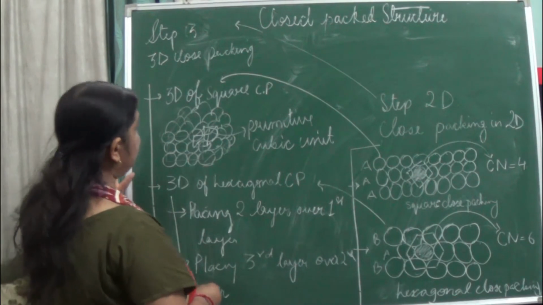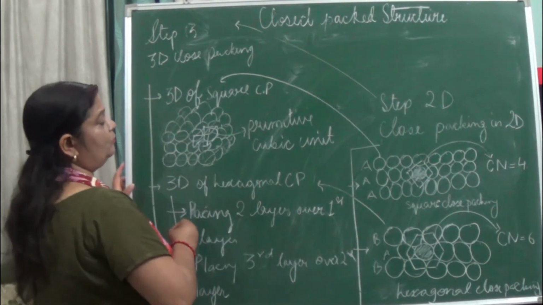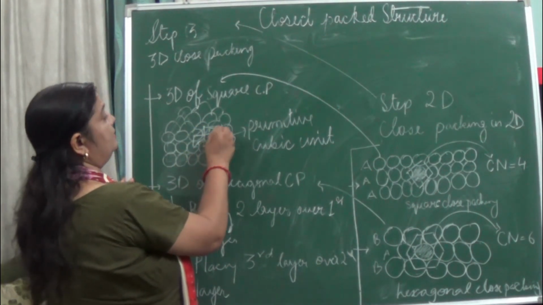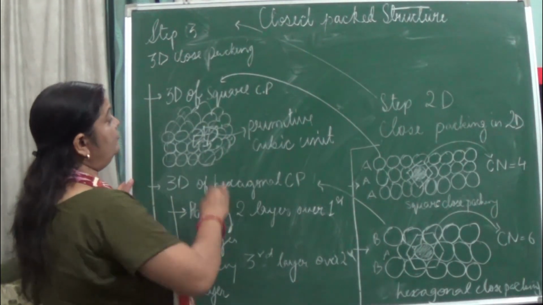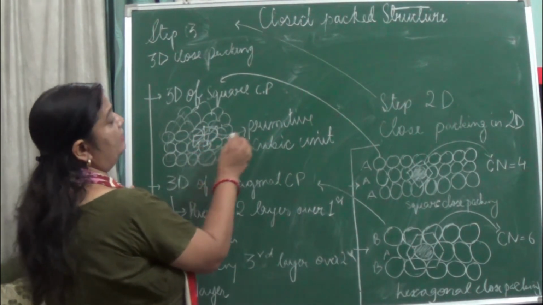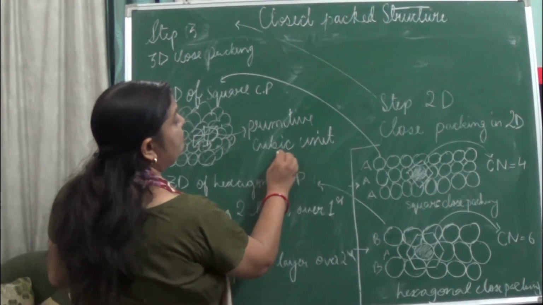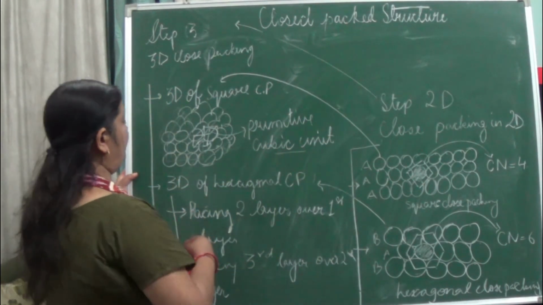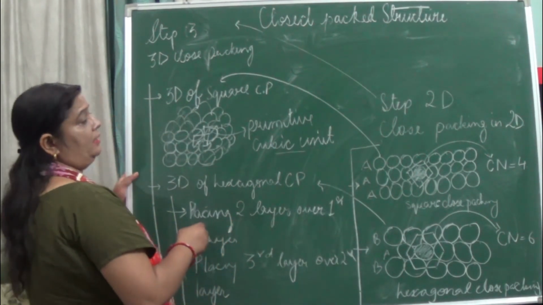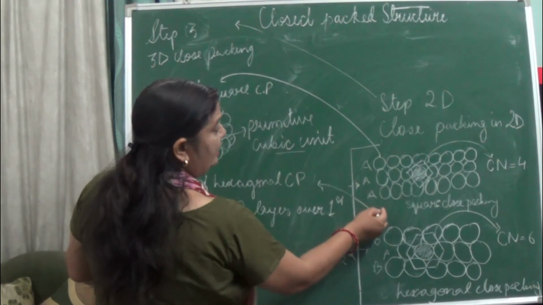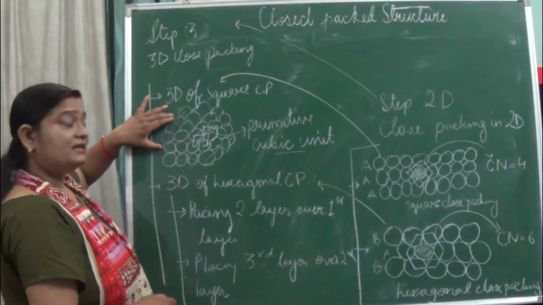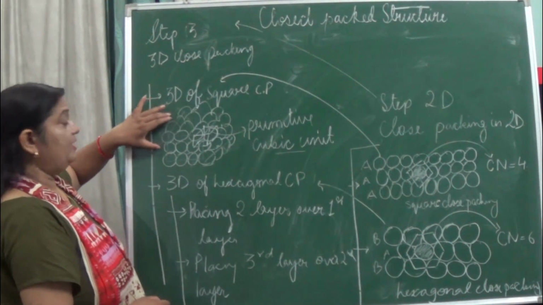When we see how many other atoms it is touching and make the whole geometry, we get the primitive cubic unit which we have studied earlier. So in this you saw the 2D square packing, this close packing. It is a simple one, not very complex.